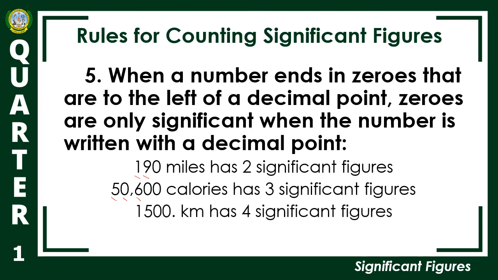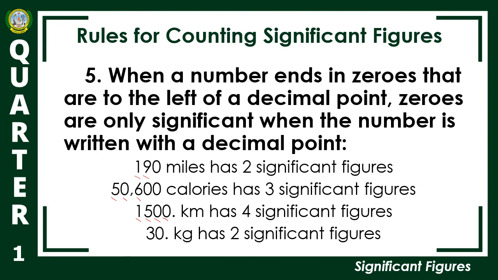1,500 kilometers has 4 significant figures. So, as you can see, may decimal point po dun sa dulo. Meaning, siya ay eksakto. Okay? So, this indicates that the measurement is exactly 1,500 kilometers. Okay? So, meaning, we are going to count the 2 zeros at the end. Yung dalawa nating trailing zeros. 1, 2, 3, and 4. 4 significant figures. And last example,